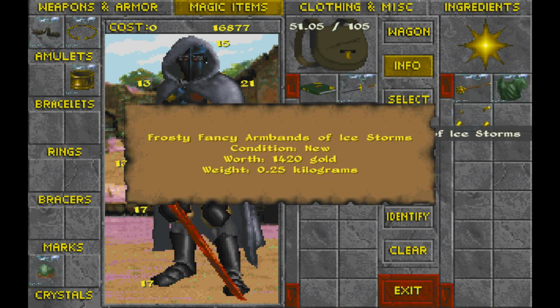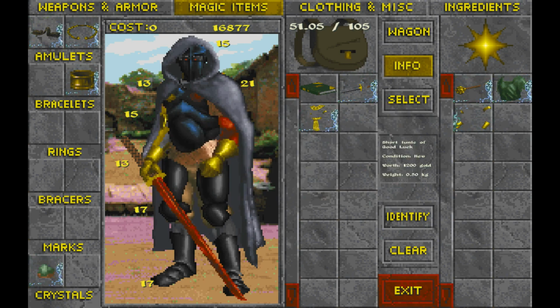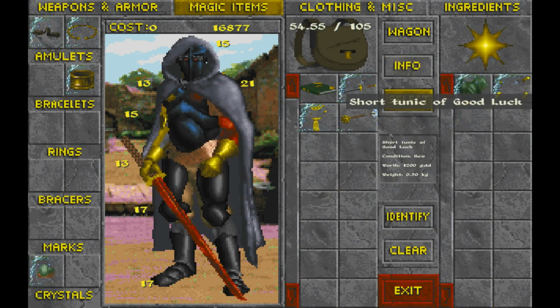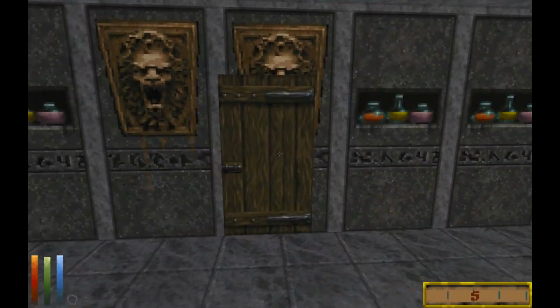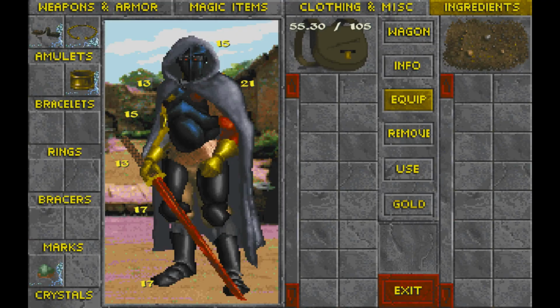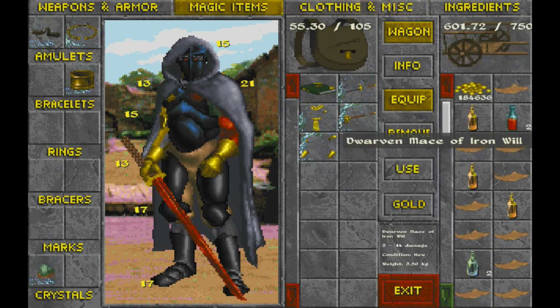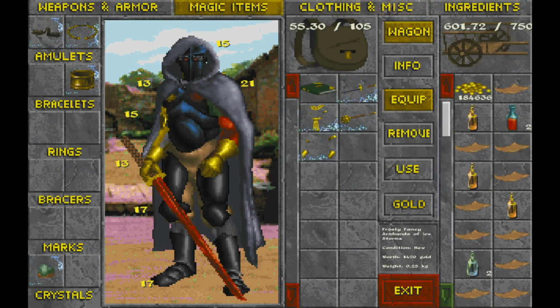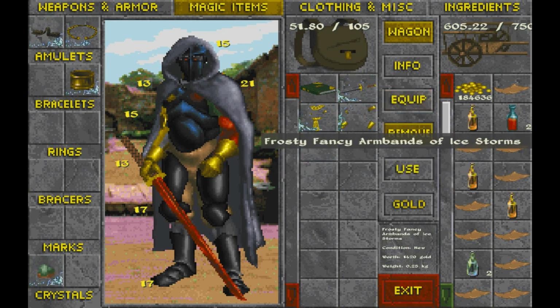Let's see, Iron Will, Ice Storm, Jack of Trades. I guess that increases your luck? Is that what that does? None of these seem especially useful. And I think I'm just going to put them back into my wagon. My wagon is actually getting... oh, wait a minute. Remove...